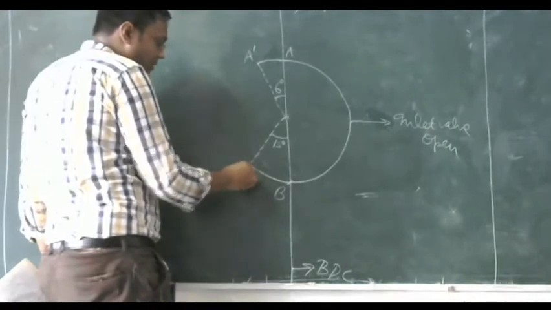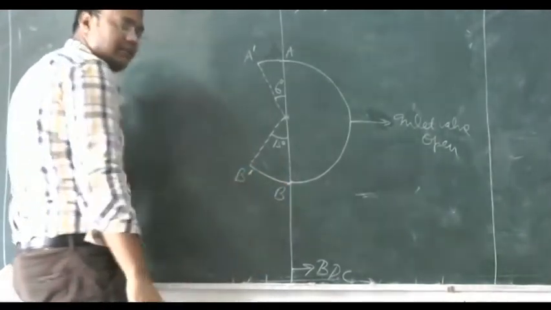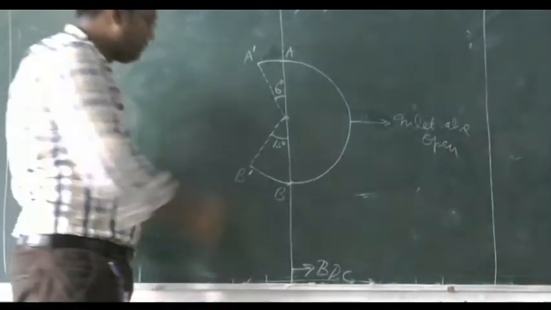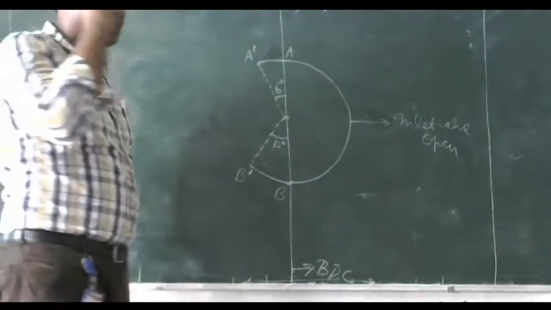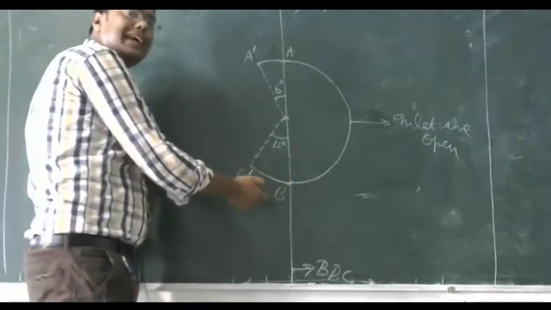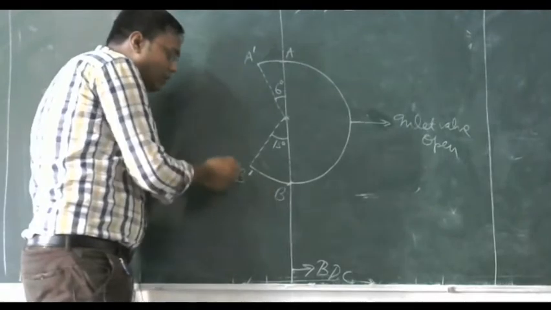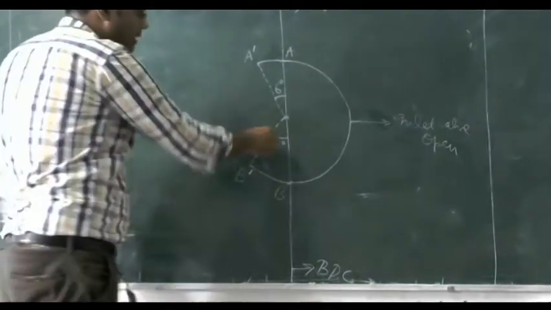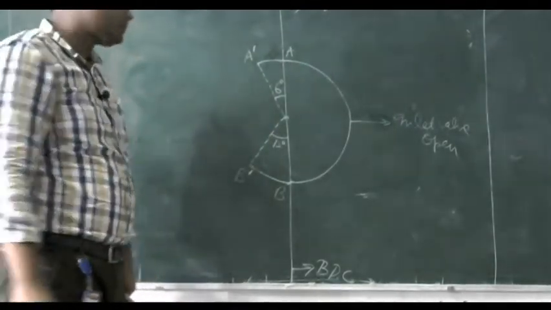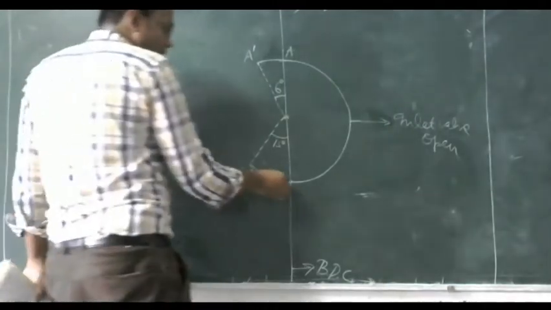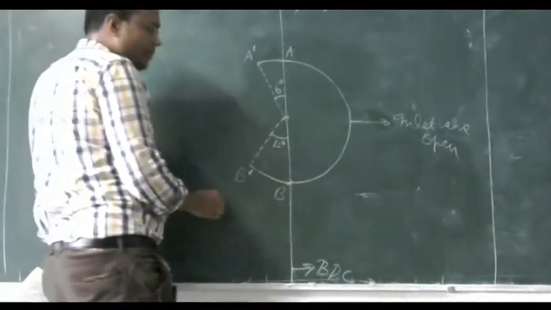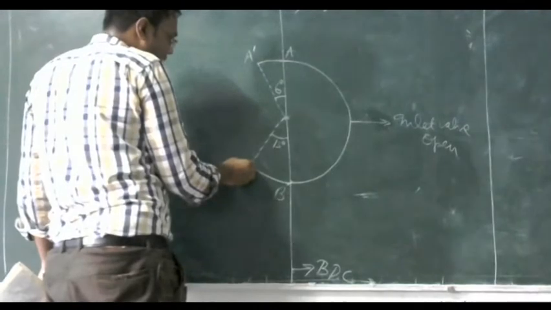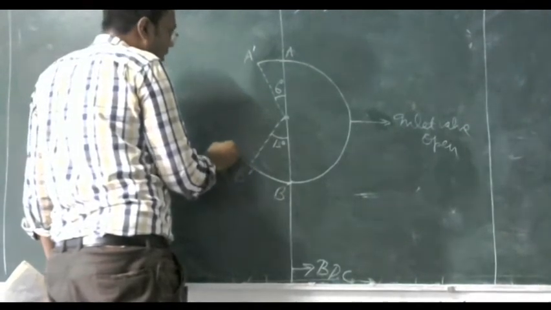After revolving 15 degrees, it will actually close at point B dash. And we have started the compression process from point B itself, but the inlet valve closes at point B dash. Because we have just started at point B, it will take some time, so it will fully close at point B dash after 15 degrees of revolution. Now, from point B, we have started the compression process, so compression should proceed from point B, and it will proceed.